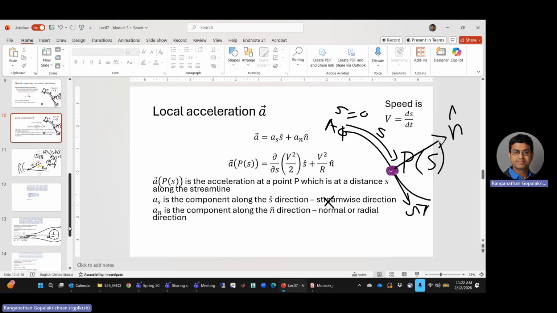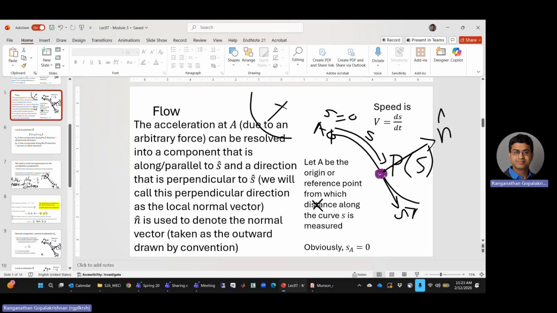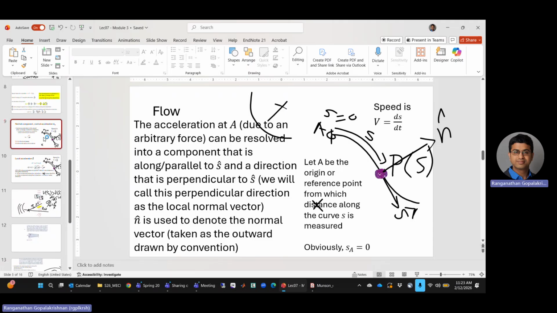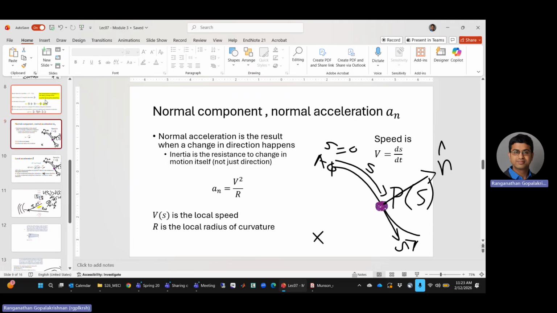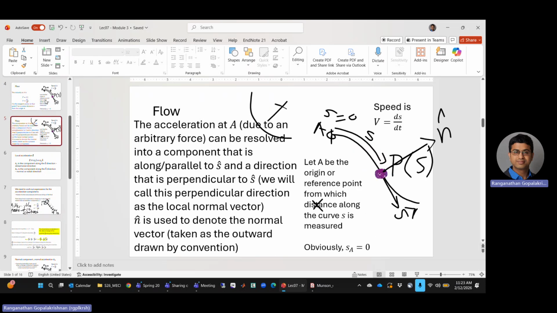Okay. So last lecture, we talked about how when a fluid is going along a streamline, the speed is the rate of change of position along the streamline or along a path where the fluid is traveling. And we also talked about acceleration. So we recognize that when you have a fluid flowing along the streamline, the velocity has to be along the tangent. That's the first thing we reason. If it's not along the tangent, then you're not following that streamline.